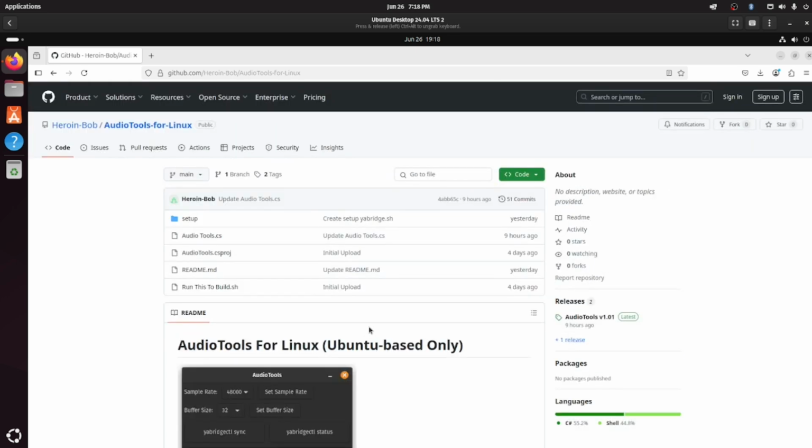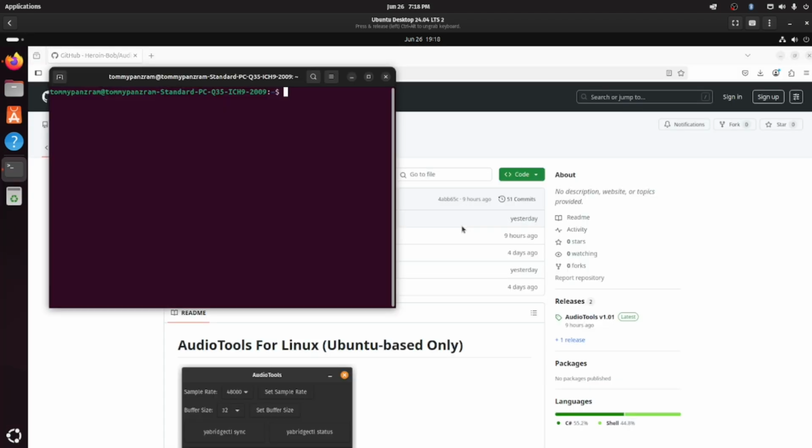I'm going to assume that you don't have Wine installed. If you have Wine installed, you need to check and see what version it is. You're going to do this by typing wine --version. And that'll tell you. Since I don't have Wine installed, nothing came back. If your Wine version is